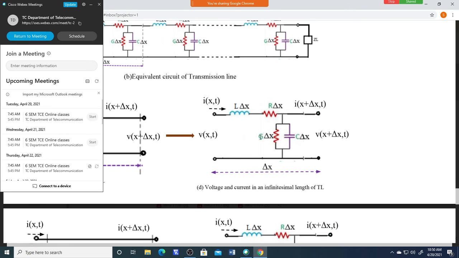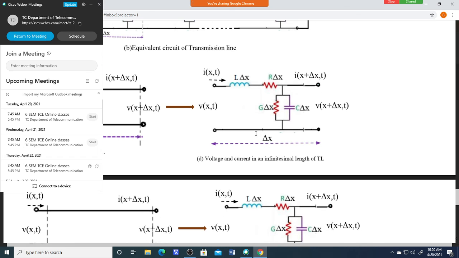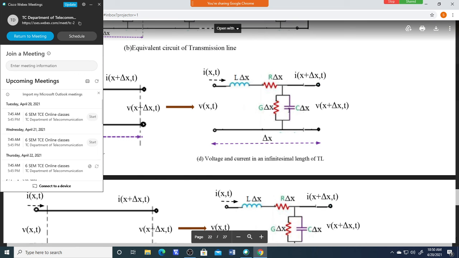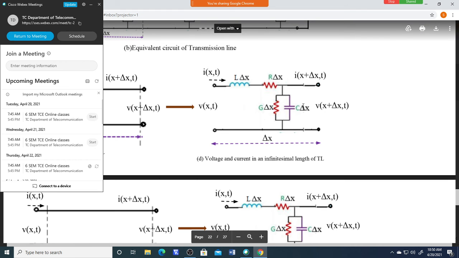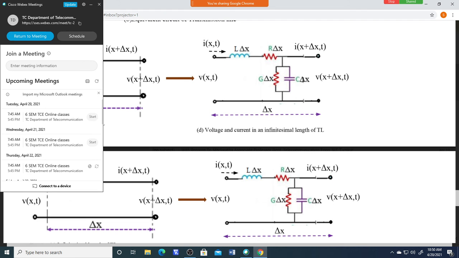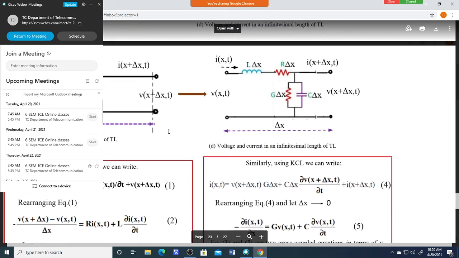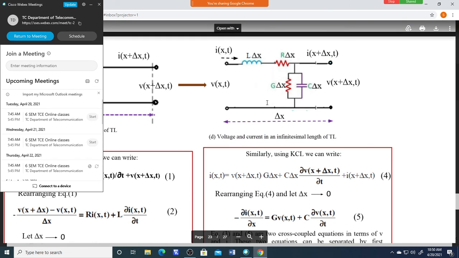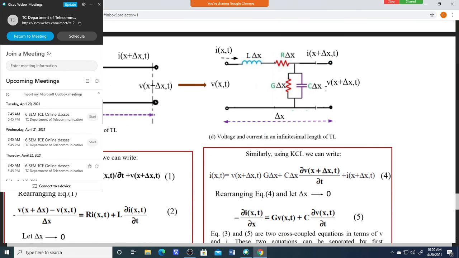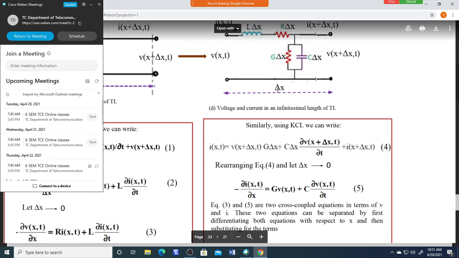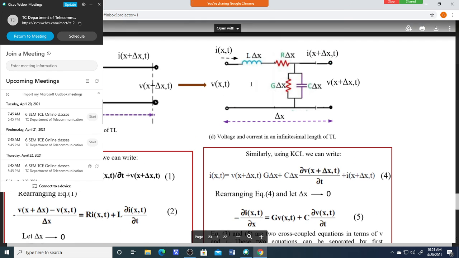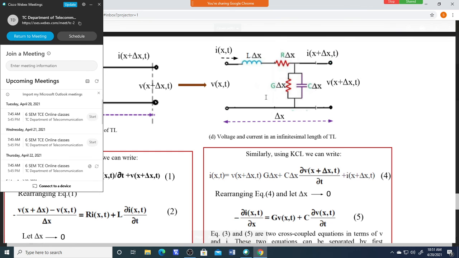Now apply Kirchhoff voltage law to get a voltage here. I want a current or a voltage. How to apply Kirchhoff voltage law or current law, how to get this value, because all are unknowns? Apply Kirchhoff voltage law and Kirchhoff current law.